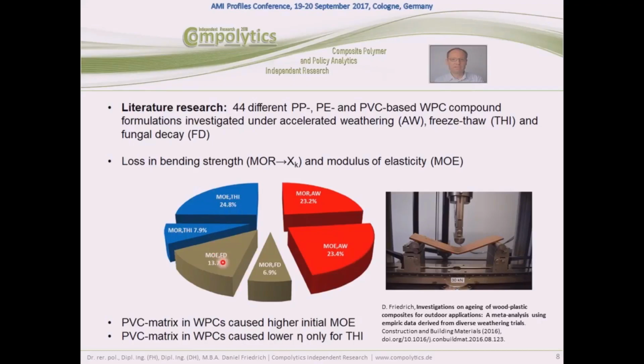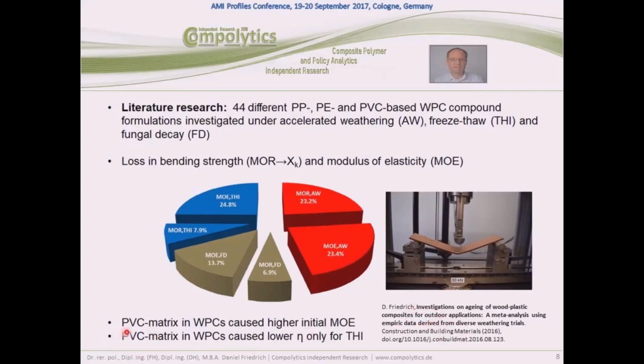And as far as fungal decay is concerned, the degradation values are comparatively lower, being roundabout 14% for the stiffness modulus and something like 7% for the rupture modulus. So obviously the most crucial for both MOR and MOE is this UV radiation, which is obviously very harmful for the plastics matrix. What we also found from this study, which is already published, and you can see the reference here,